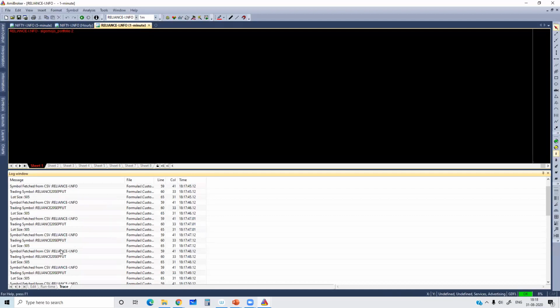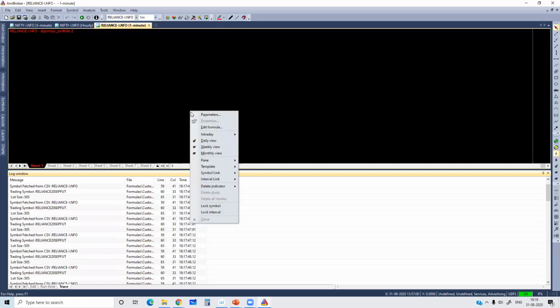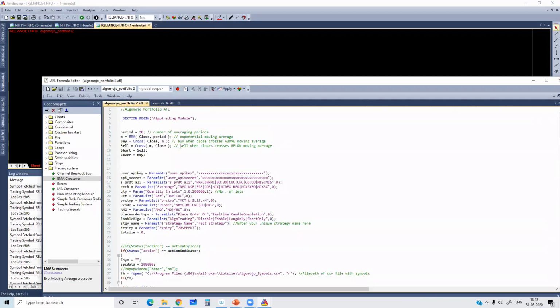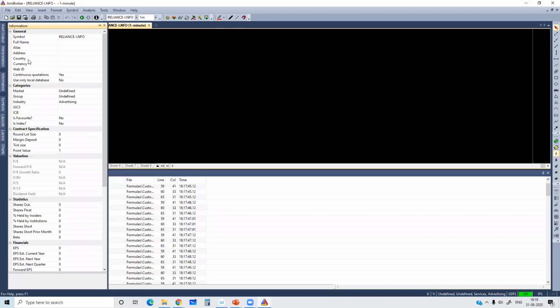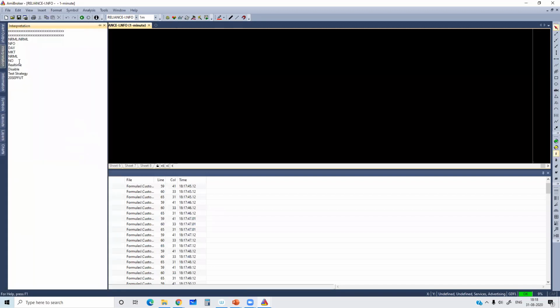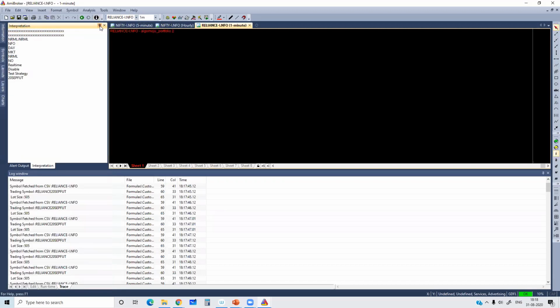Now the thing is that I want to automate it. I want to prepare an intraday automation. I want to have at least 10 symbols, 10 high beta symbols, let's say. I want to run Lintra V3 in a portfolio mode. So the CSV module is ready. So for time being, I will restore everything. This looks good to me. Even if I go to symbol interpretation also, I should be able to see the list of parameters which I've been receiving over here.